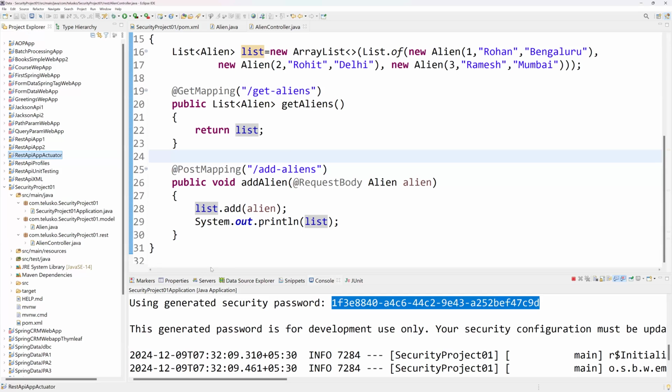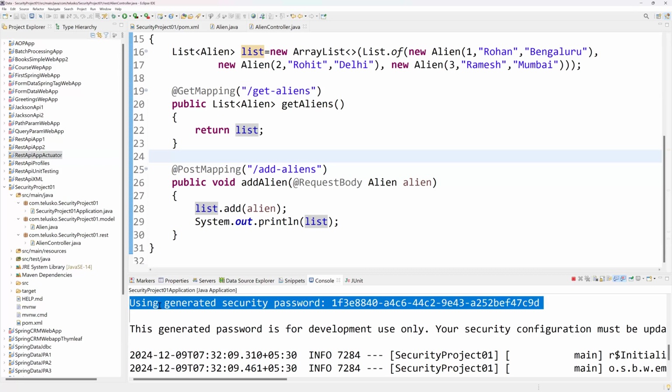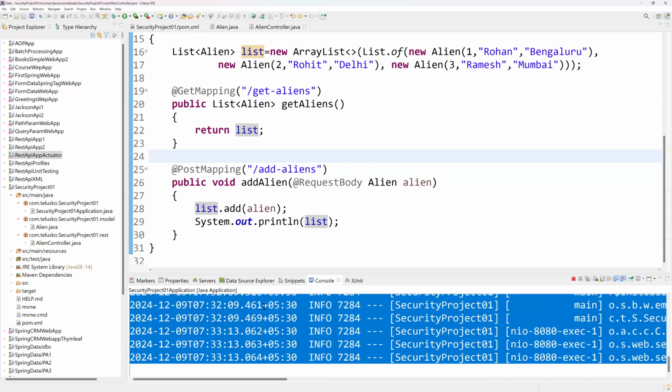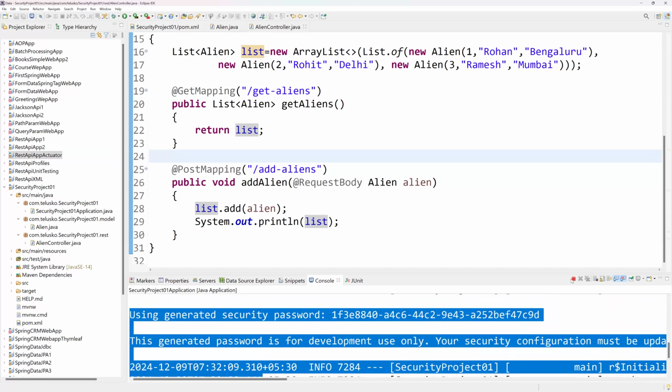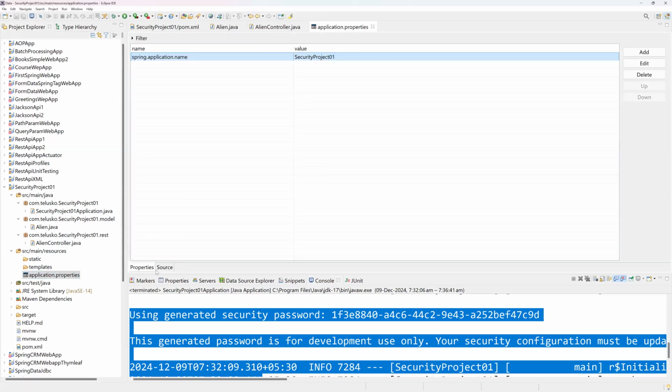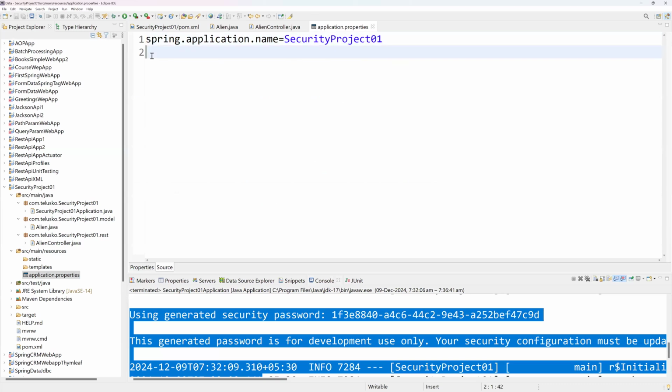If you don't want this automatically generated password to be used, if you don't want user to be the default username, which is given by Spring Security, guys, then you can also do something. What you can do is go back to the application.properties file. And here there are some key value pairs which you can add in the form of YAML or in the form of application.properties. I will say here spring.security.user.name equals